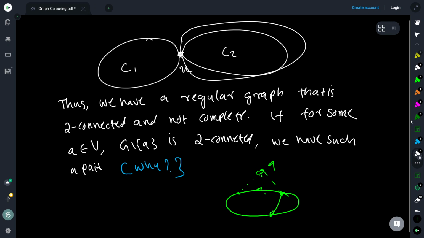we can keep on finding vertices of degree at most delta in this growing order, and then we can always color these vertices with delta colors. So we have a delta coloring of each component together with x. There is a coloring of component C1, there is a coloring of component C2, etc.